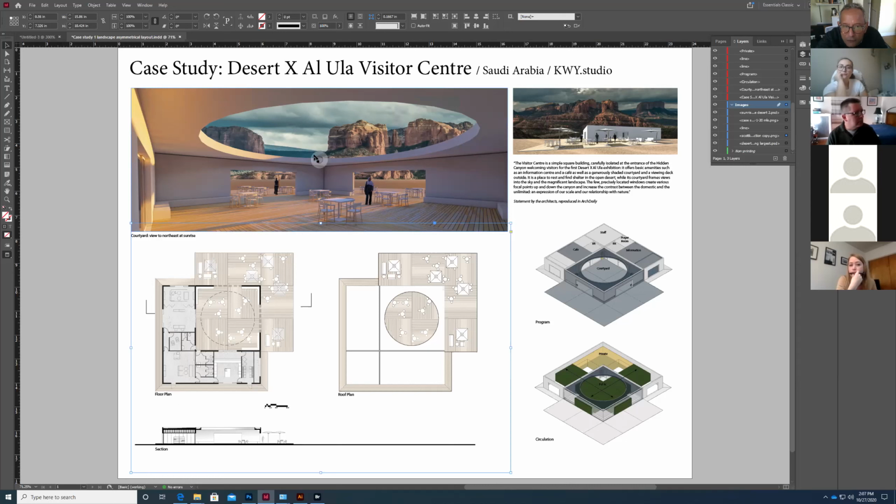So really, the distinctive feature in this particular project is this round opening in this courtyard. So I really want to emphasize this on the renderings and the presentation board. Okay, so let's take a look at